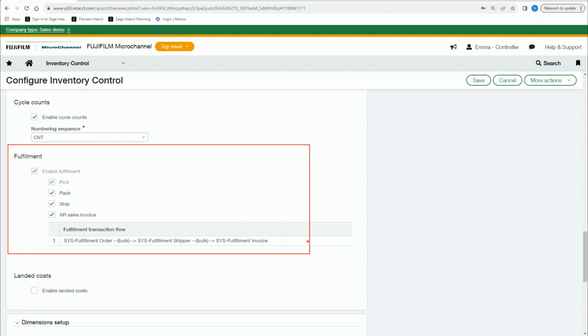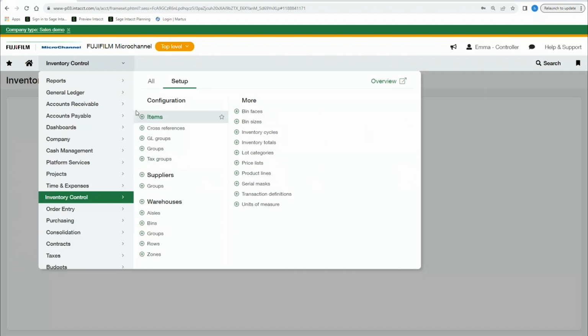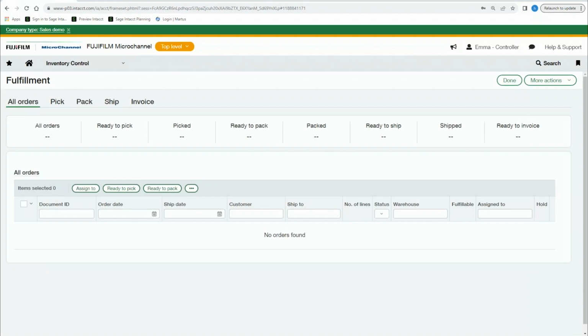multiple stages. And part of this, if we activate it, it'll give us those transactions that are applicable to each of those sections as well. So we can place orders, we can do the shipment, and we can do the fulfillment through the invoice afterwards. Now, in practice, when we go into inventory and do our fulfillment, there'll be a new invoice or fulfillment option within inventory. And again, when we activate that, we need to ensure that we apply those rights to particular users so they've got access to it. I'll open the fulfillment,